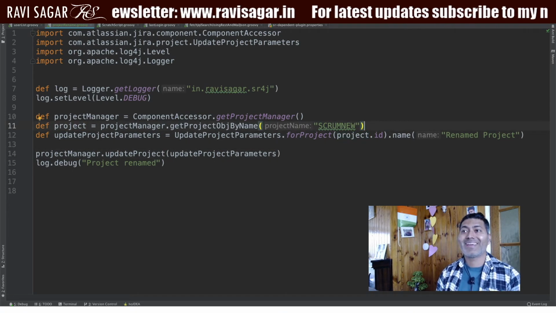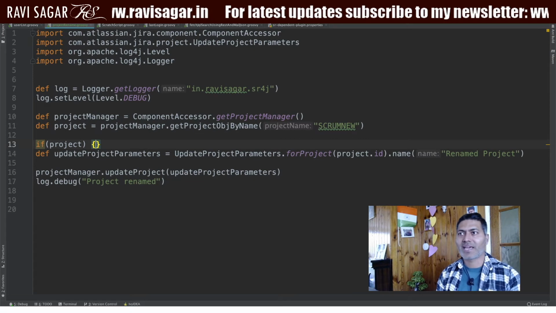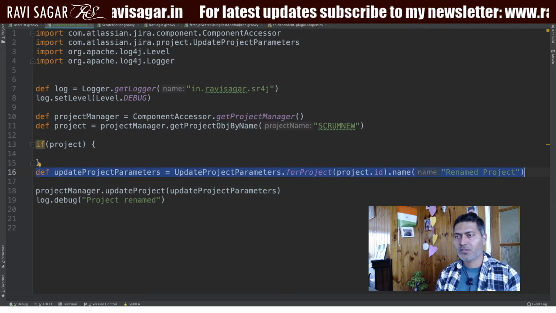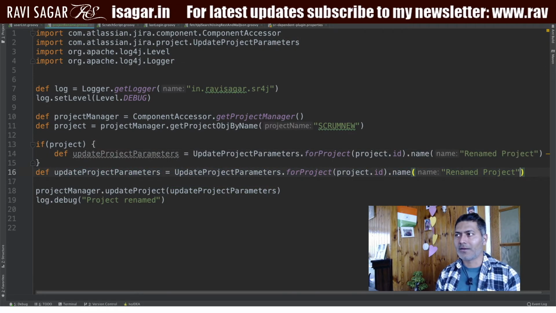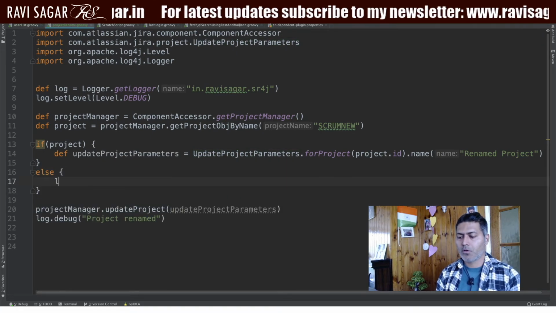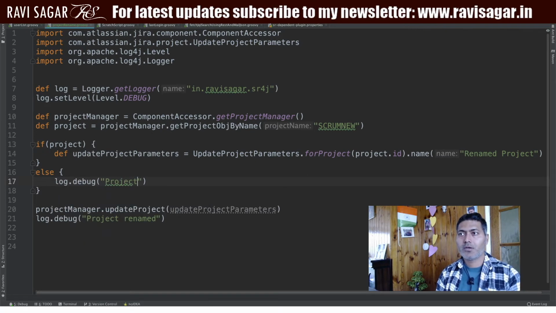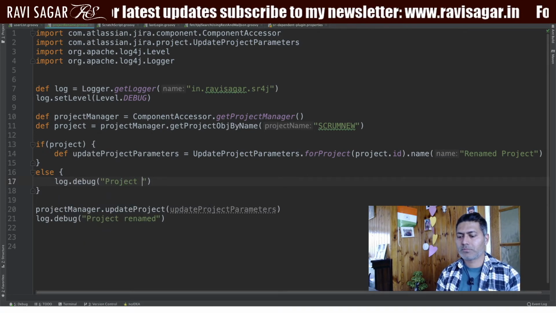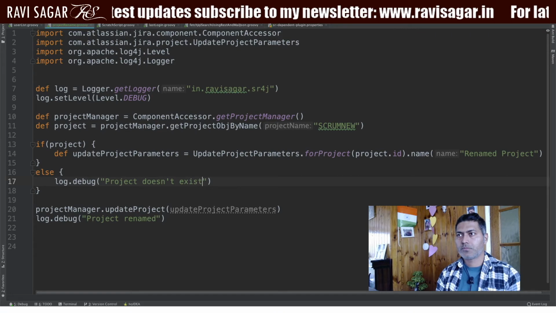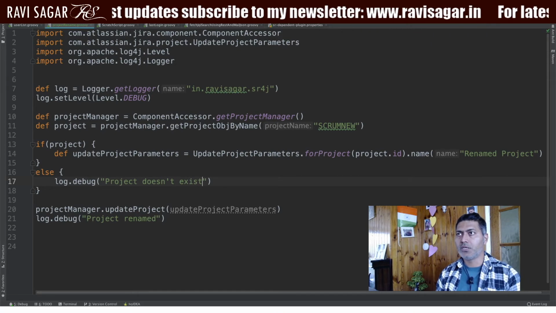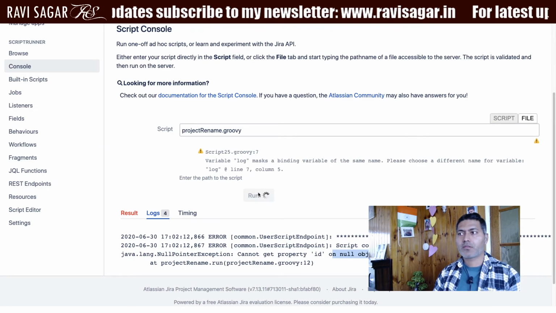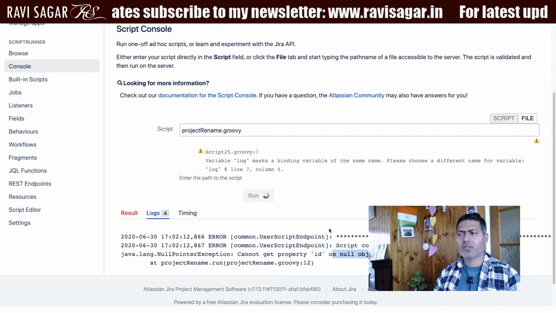So what I can do here is I can add some condition. If a project is not null, then do this. I can then copy this, and I will add here else log.debug project does not exist, and we can go back to the Jira instance, and if we try to run this now, let us see what happens. It will still give us some error,